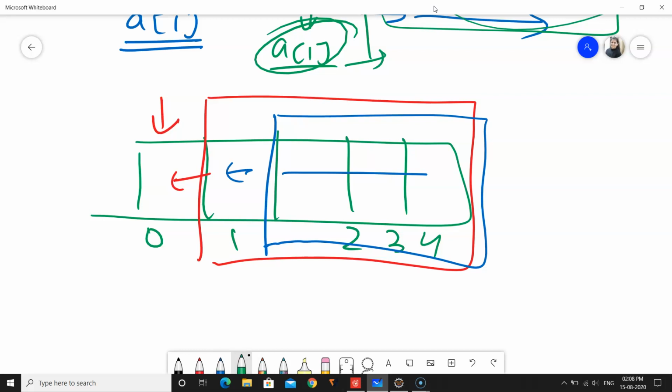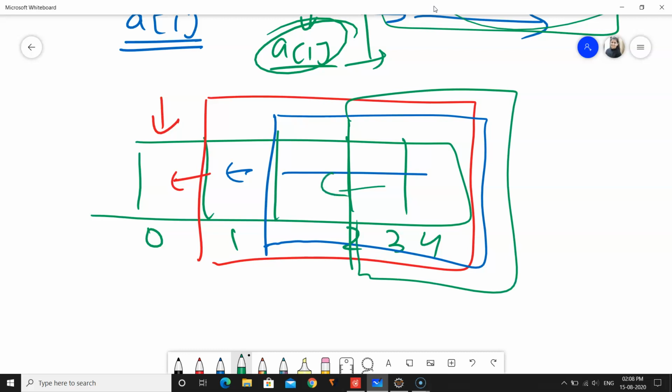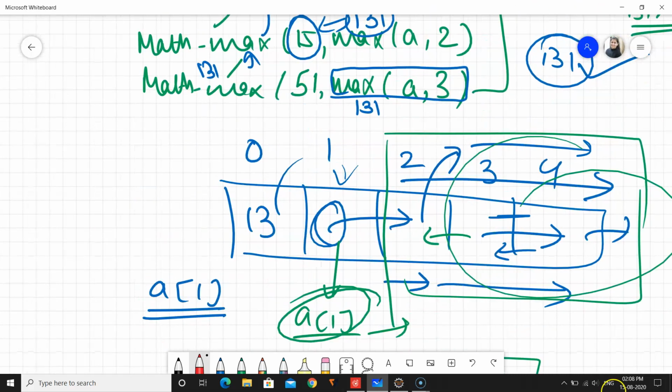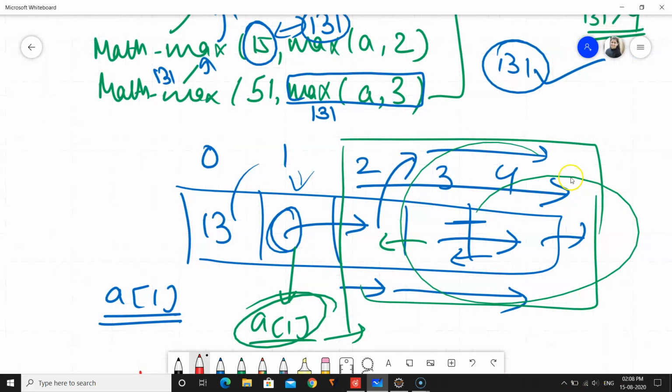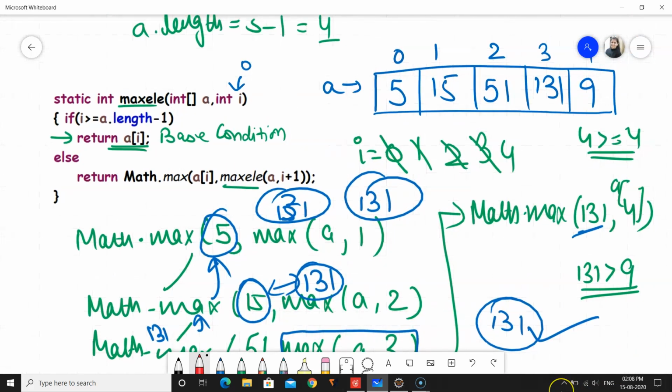What A at 2 did, A at 2 asked A at 3 and A at 4, you return me the maximum element and I will give it to A at 1. And what A at 3 did, A at 3 asked A at 4. This is how they keep on returning the values, and similarly we got the maximum element. So when we were at the last position, when I was greater than or equal to 4,